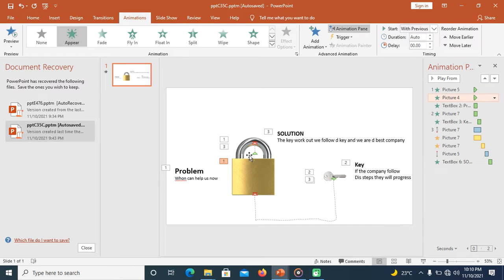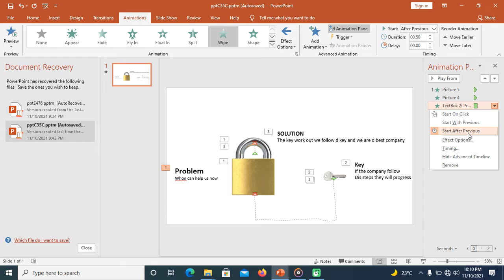So this is for the text, this text, and this guy is the group. This is the key appear animation. This guy happens to be the padlock animation, which is number one because they are the one leading. So this guy is still in the number one group, and this is the text animation, and it's being put after previous.